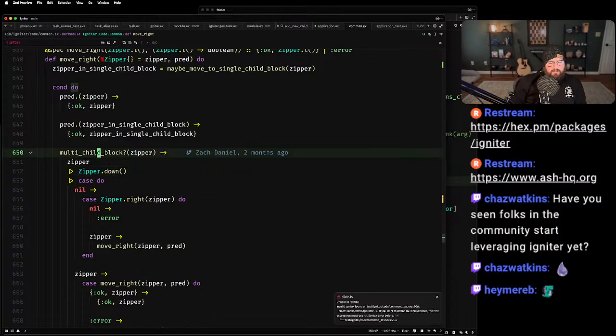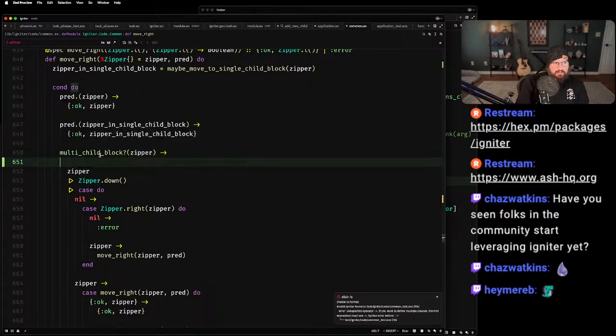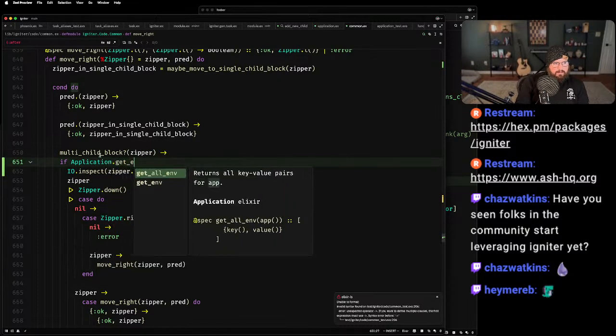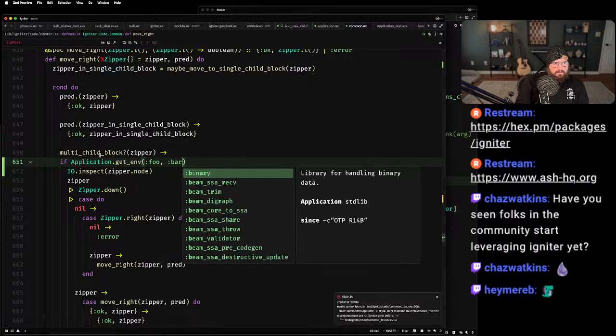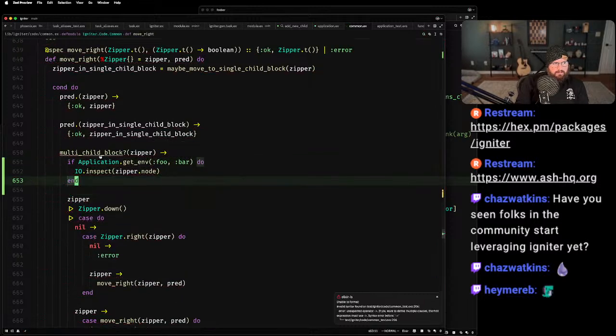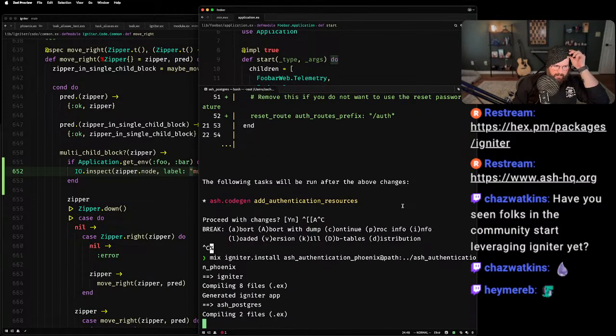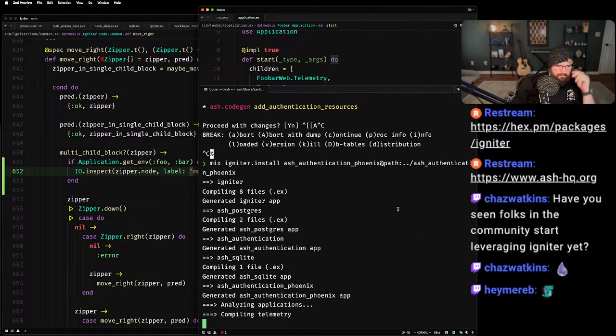Maybe this is returning the wrong thing and it's causing us to, where it's returning true for a tuple or something along those lines.